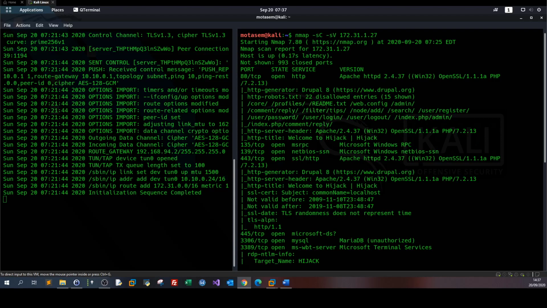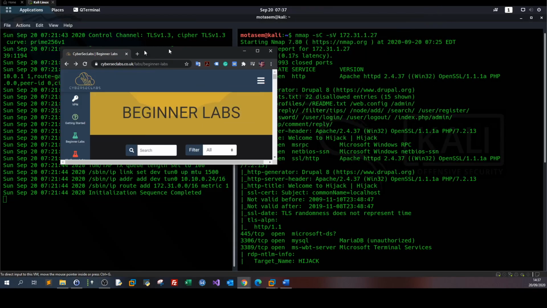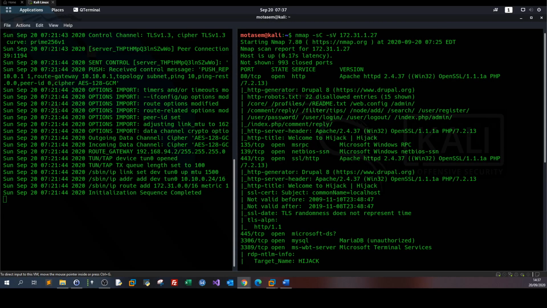In this video, guys, we're going to be using one of the machines in Cyberseclabs. The machine goes by Hijack, and I powered up the machine now. And basically, what we're going to do in this machine, guys, as you can see, I have the Nmap scan